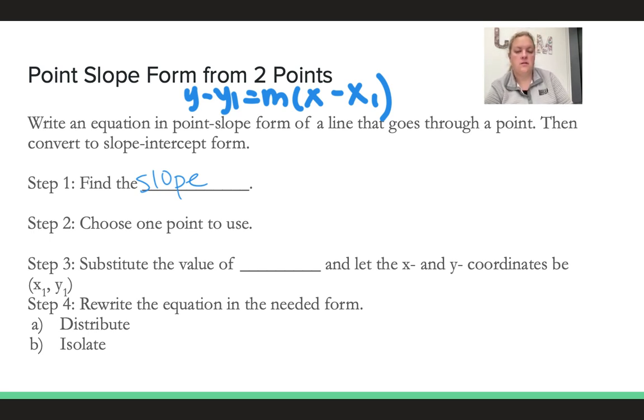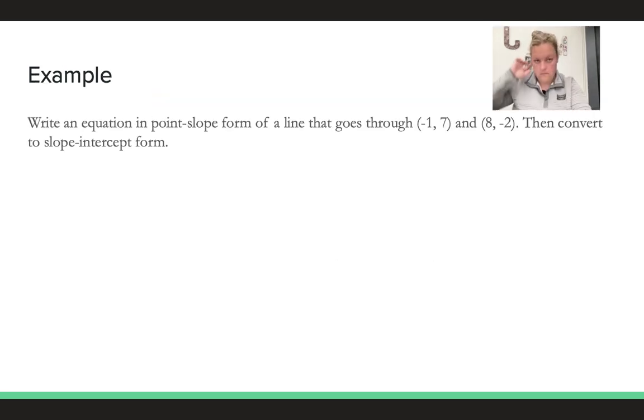From there, we substitute the value of slope into our equation and let the x and y coordinates be the x1 and y1. We rewrite the equation in the form needed, oftentimes needing to distribute and isolate when using slope-intercept form. So going off of the previous example, we are going to use -1, 7 and 8, -2. Then we are going to convert our point-slope form of that equation into slope-intercept form. So point-slope,